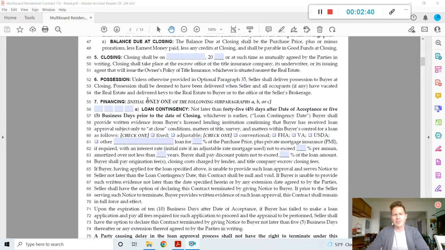Now, paragraph 7 is financing. You're going to want to have the buyer initial here. The most common loan types are conventional, FHA and VA. So select the appropriate loan type here, and then make sure you're filling in as much of the information as possible. And keep in mind that this number here on line 61 is what the buyer is financing, not what